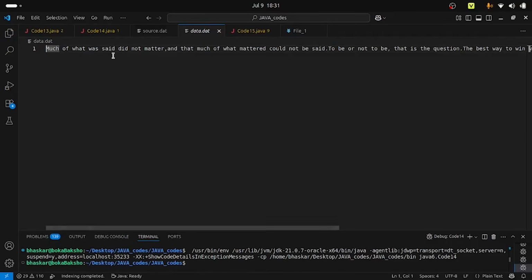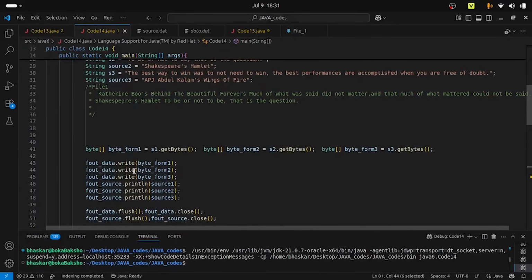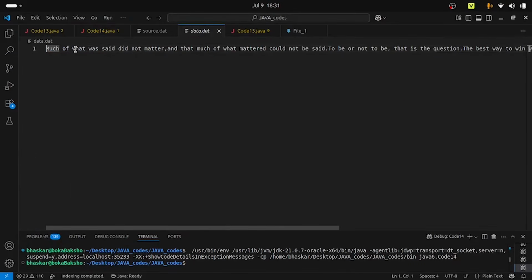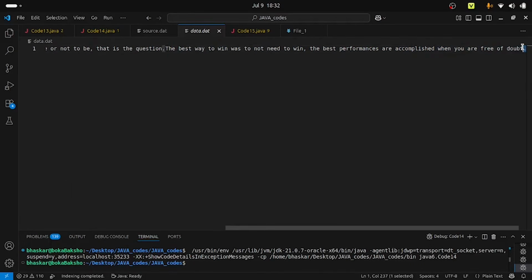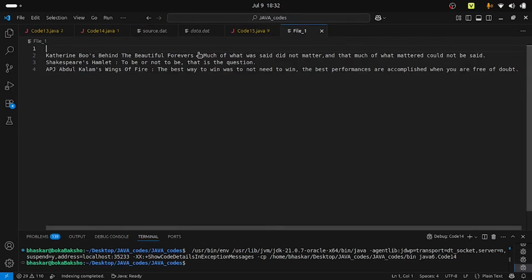So this is the data of the data.dat. When you are writing it as a byte stream, with this write function, they are creating this file continuously without any space or anything, just like a sequence of bytes written. Data.dat, source.dat, since we are using the println method of the scanner class, are written in separate lines. And then file one, this is the way we are creating file one: the name of the book, colon, followed by the corresponding name of the